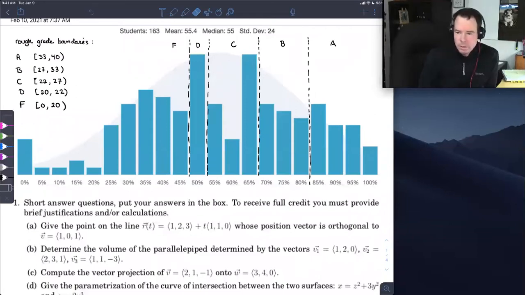What I like to do is I always like to give rough letter grade boundaries so that you can interpret your score with the appropriate confidence, because oftentimes we look at the numerical score out of the total and work out a percentage, but we don't really know what that's going to translate to in terms of a letter grade. Let me just make the statement that grades in these courses that are for multiple programs, such as Math 251,